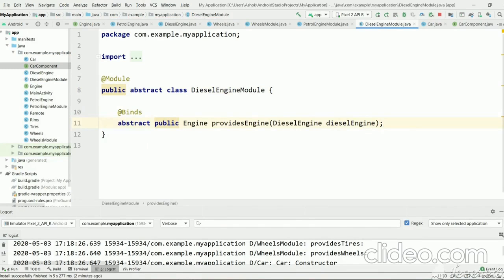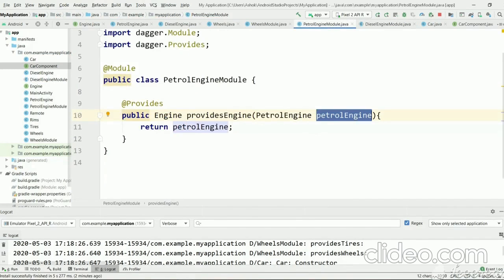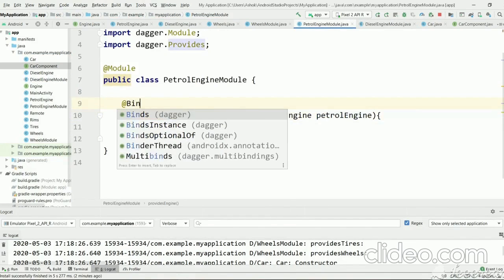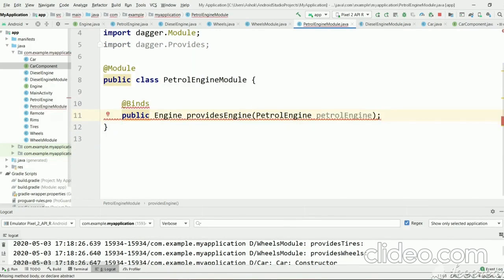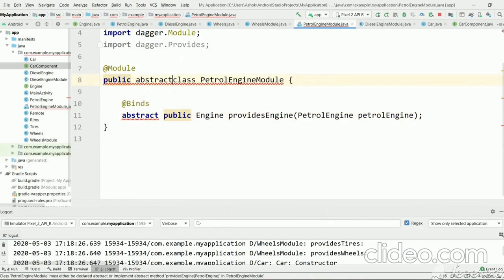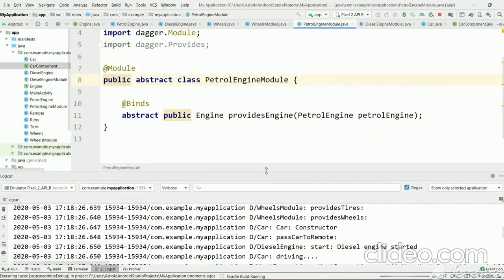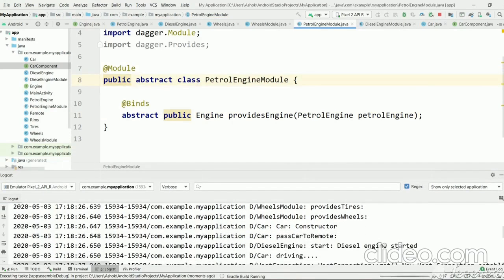And let's do the same thing with the petrol engine module as well. Binds, let's remove this because it's just a returned implementation, and make this abstract and make this abstract. Now again let's try to run. The Gradle build is running.